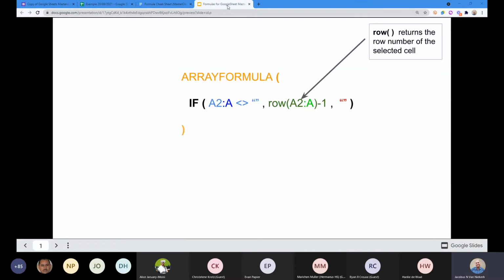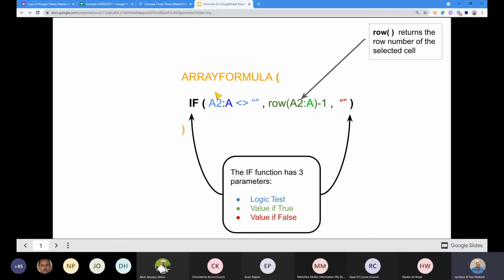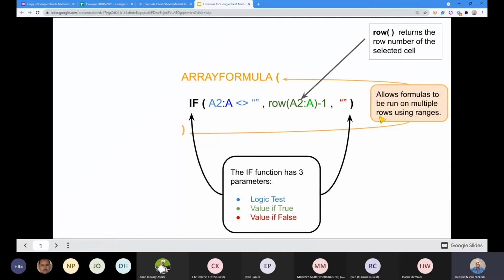Okay, so that's going to generate the rows. I use this if A2 to A is not blank. Technically, I do the B2 to B is not blank, in order to see if there's any information in column B. Then I'm going to create an auto number. If there's nothing in column B, so let me show this if function. I'll check if there's anything in column B, then I'll run the row. If there's not, then I'm going to print something that's blank, something that's not there. So that's what that does.